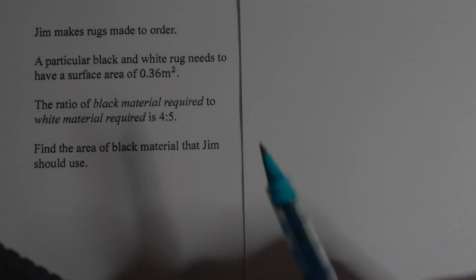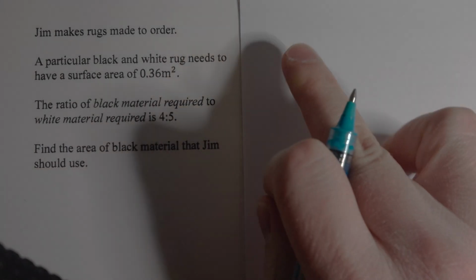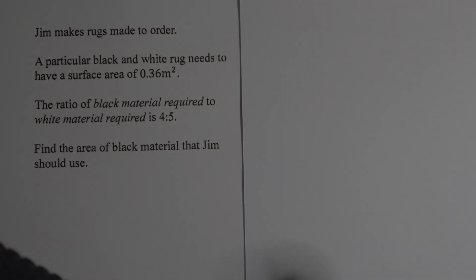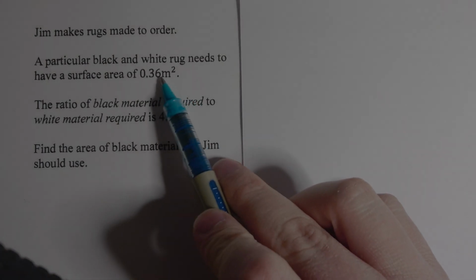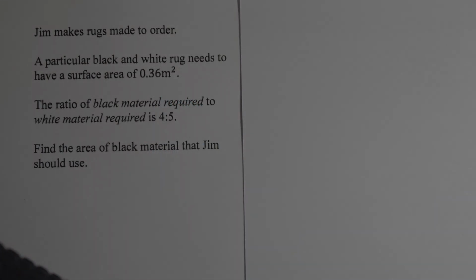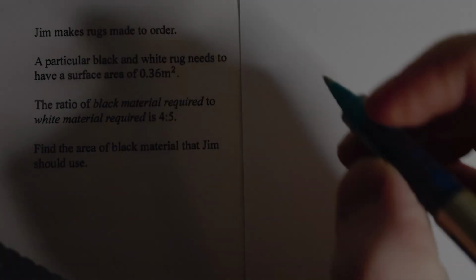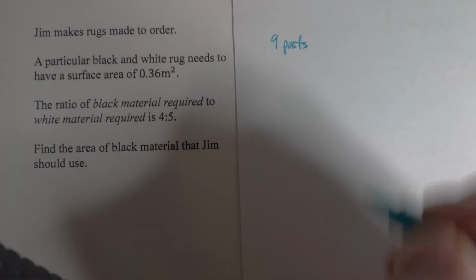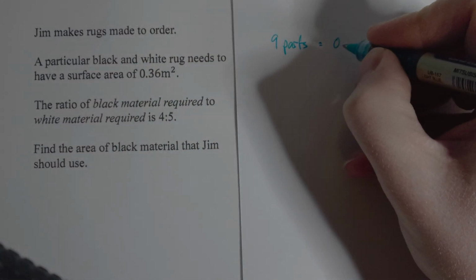Okay, so every single time you will want to make a statement that says a number of parts equals a number. So in this question, it will be a number of parts equals this number here. This is the total area of the rug. Because it's the total area of the rug, I need the total number of parts. So the black parts and the white parts together, that's 9 parts. The rug is made of 9 parts, and that is 0.36